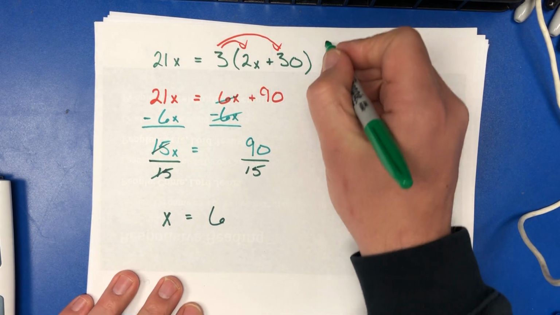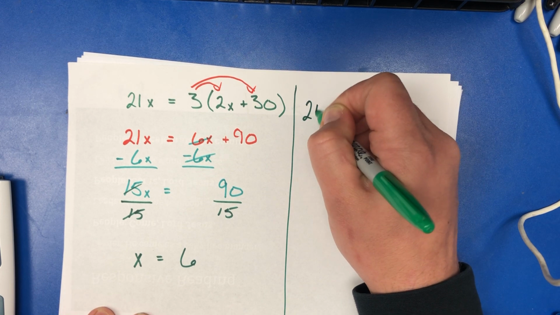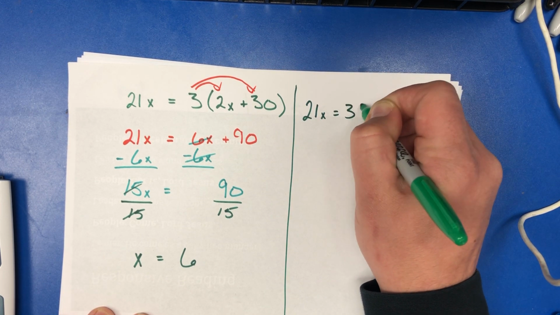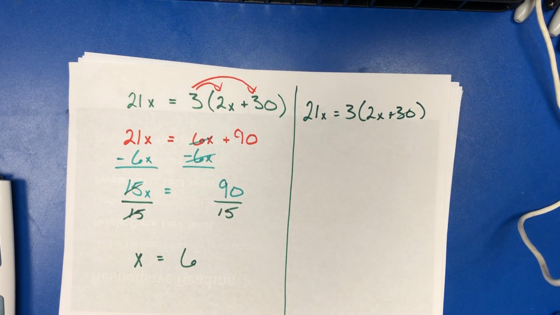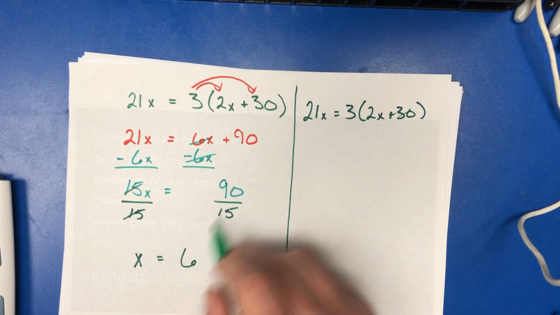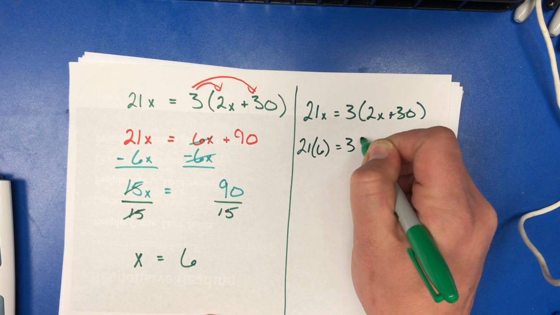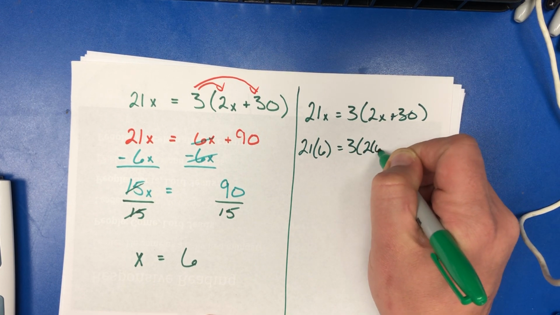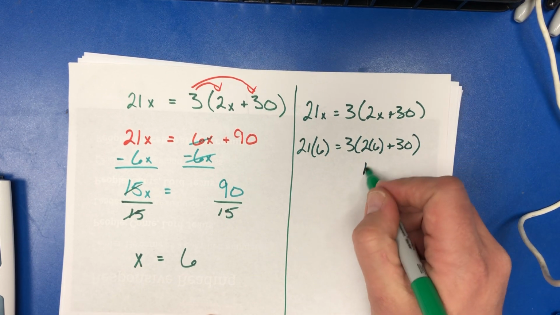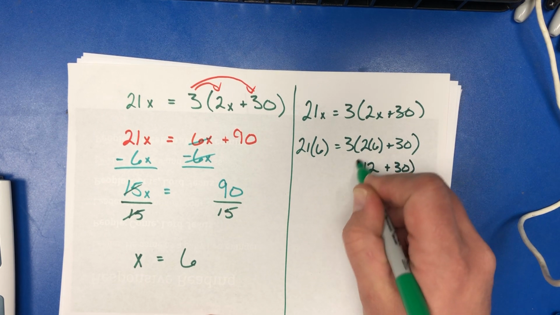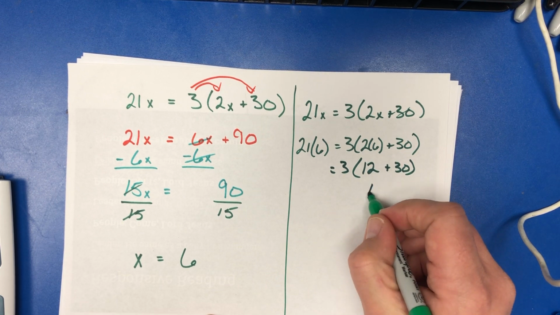And I can double check that. Again, always a valuable thing to check your work. 21x equals 3 times 2x plus 30. There we go. I'm going to substitute 6 in place of x. 21 times 6 is equal to 3 times 2 times 6 plus 30. 2 times 6 is 12 plus 30. 12 plus 30 is 42